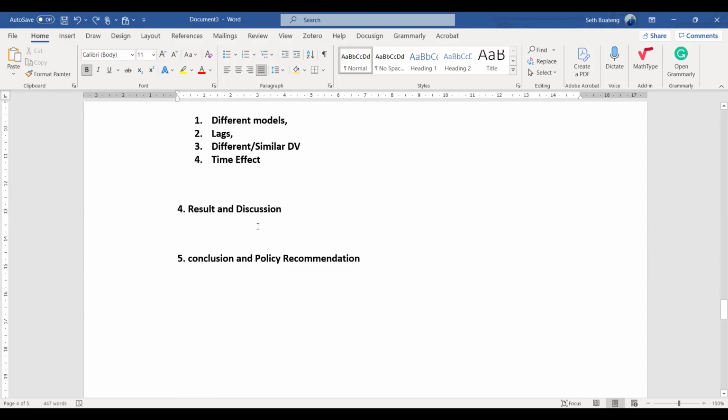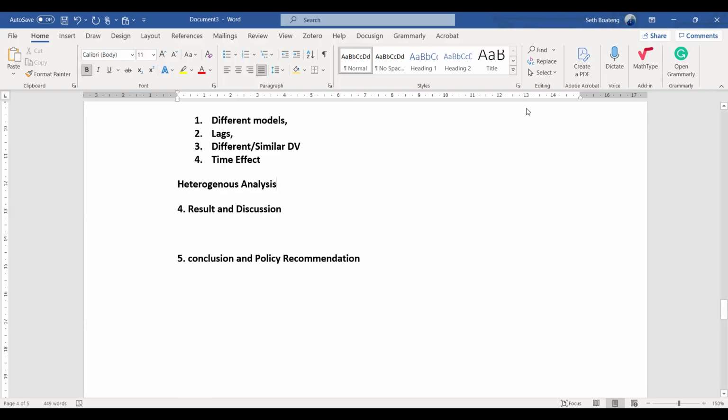So maybe like financial crisis time or something. Okay. Then you can do heterogeneous analysis. All these things is just to ensure that your study or your result is reliable.